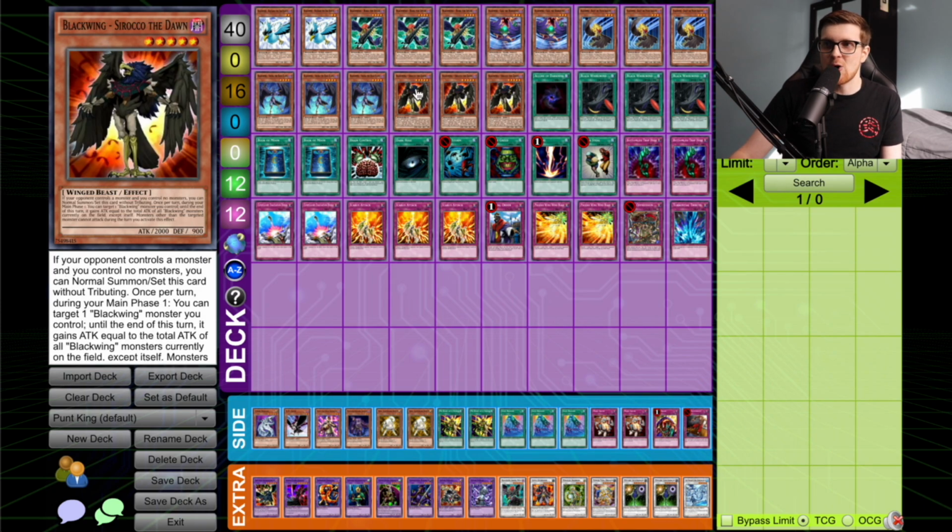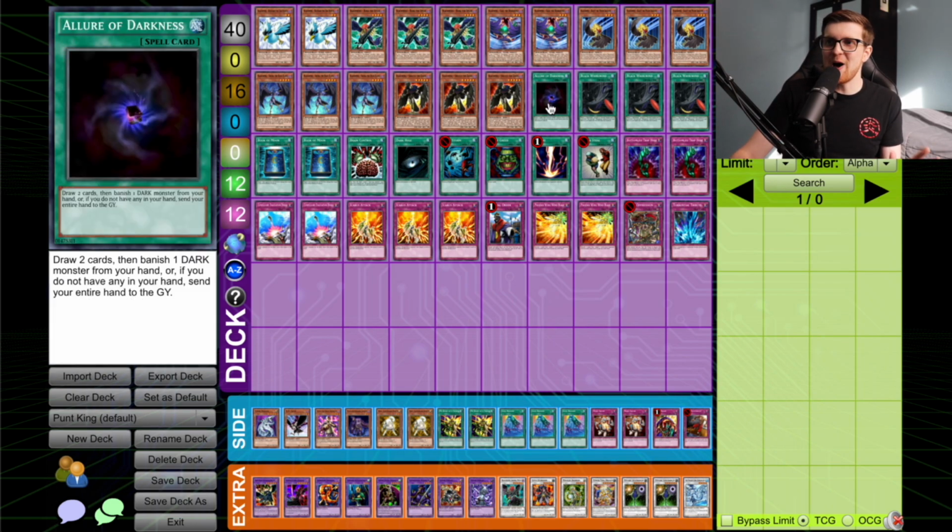3 copies of Sirocco. So Sirocco is kind of like Cyber Dragon, except you normal summon it instead of special summoning it, but it's 2000 attack, which is nice. It also has this effect where it can add up the attack of all the Black Wings you currently control and give it to one of them. Unfortunately, that's the only monster that can attack, but it's a way to get in for some really interesting ways to OTK. Moving on to the spells,